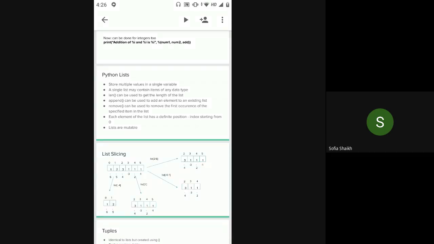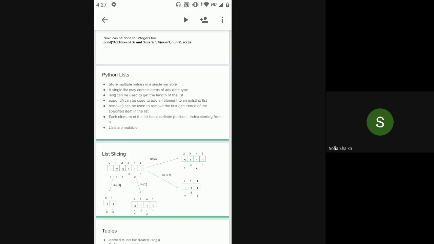A list is nothing but a variable that will hold multiple values. Okay, so as in strings, we saw that a string holds multiple characters. A list can hold multiple values. Okay, so what value means is value can mean anything, which means a list can hold multiple integers or multiple decimal numbers, multiple floats, multiple strings, or multiple boolean values, right? So any data type.